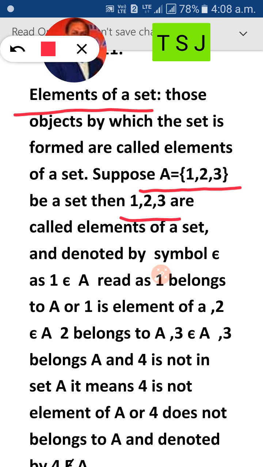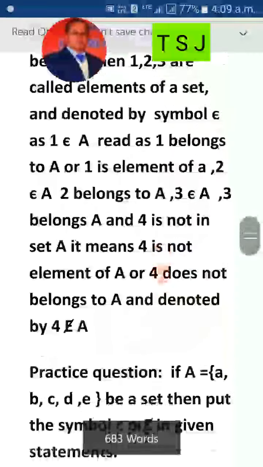These are called elements, and an element of a set is denoted by the symbol belongs to. Read as 1 belongs to A, 1 is an element of A, 2 is an element of A, or 2 belongs to A, or we can say 3 is an element of A, 3 belongs to A. 4 is not an element of A, 4 does not belong to A,